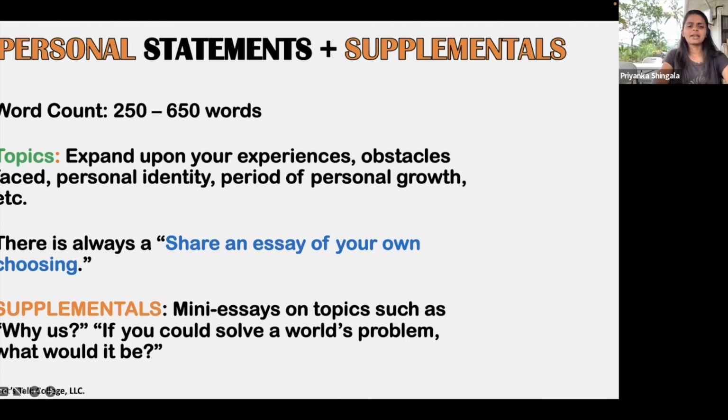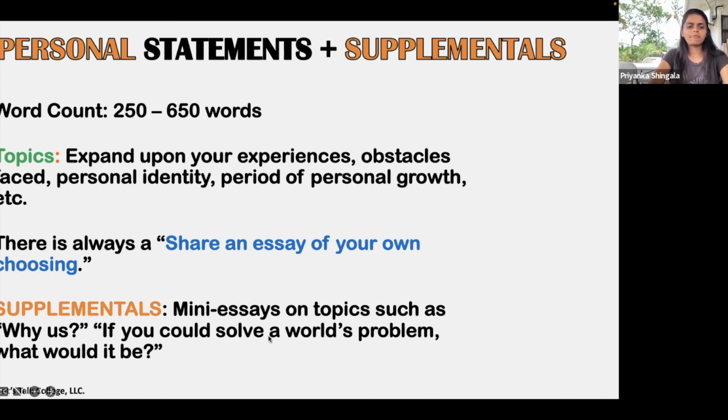And they can ask you random questions. Why us? Which is one of the most common ones. Then they get creative, and with creative, there's no right answer. They simply want to see how you think, because their whole point is they're trying to create a student body that is diverse, and you're trying to work out the mechanics of everyone's thought process, right? So to see if they'll get along, or maybe your thought process is just so different that you might end up being miserable at our university instead of actually enjoying the experience. And they don't want that to happen either.